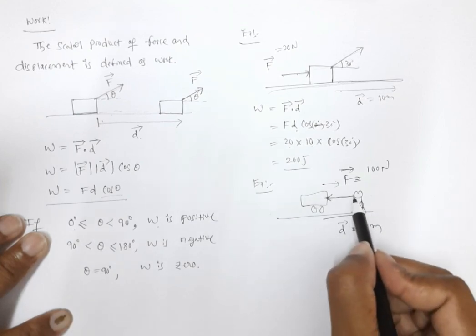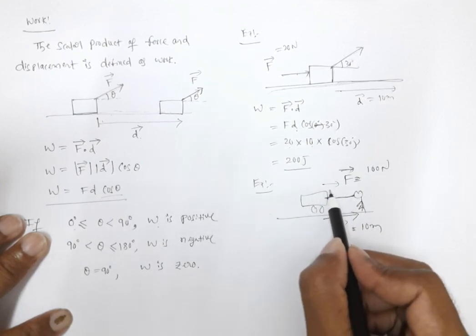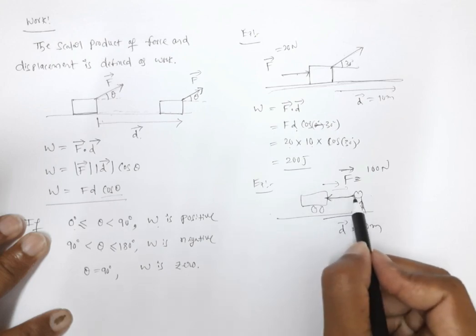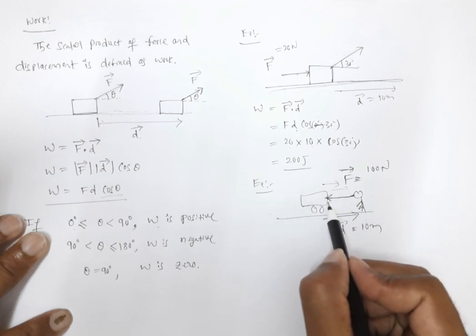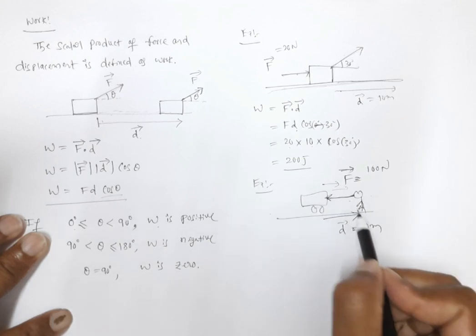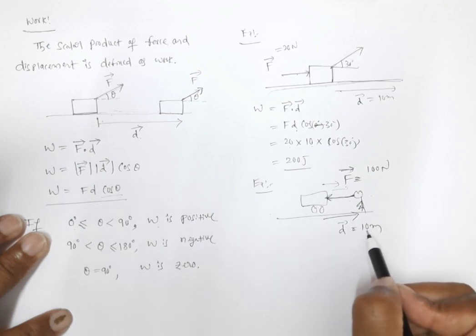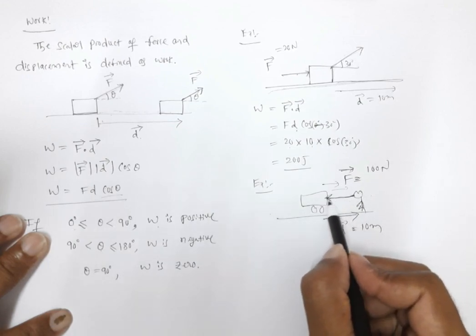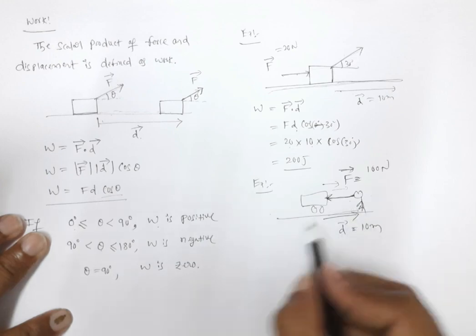So we are applying force. Actually the vehicle is moving this way, but we want to stop it, so we apply force in this direction. But does it stop here? No. After traveling some distance only it stops, right? That means whenever you apply a constant force this way, but the vehicle moves this way, in this case, work done...